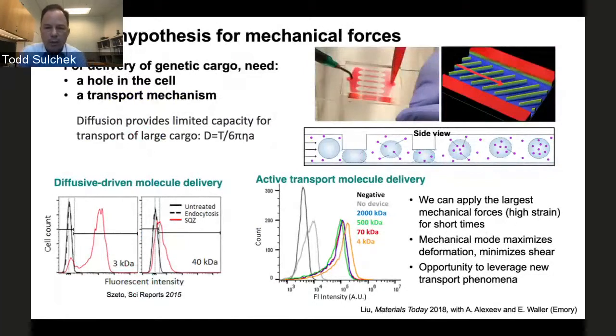So we are using high-speed deformations of the cell. So the mechanical forces, and there's 2 things you need for delivery. The first is a hole in the cell, and the second is a transport mechanism. I already mentioned that many of the transport mechanisms relied on diffusion, which just doesn't work as well for these larger cargo. We are trying to apply forces at fast time points so that we can get cells to